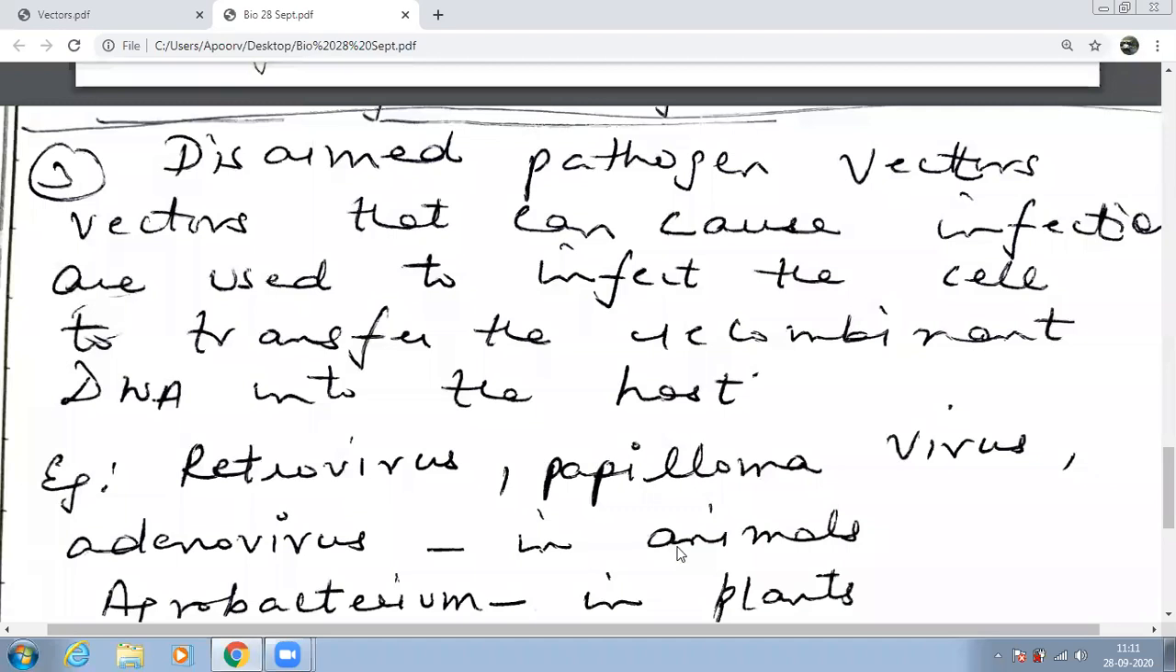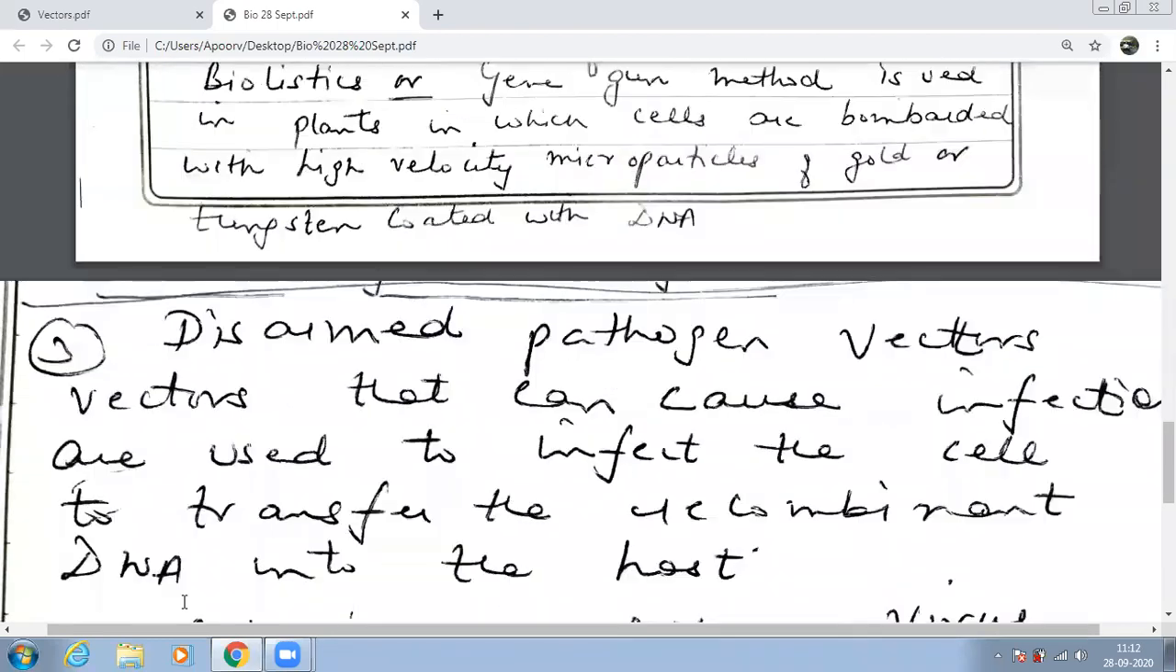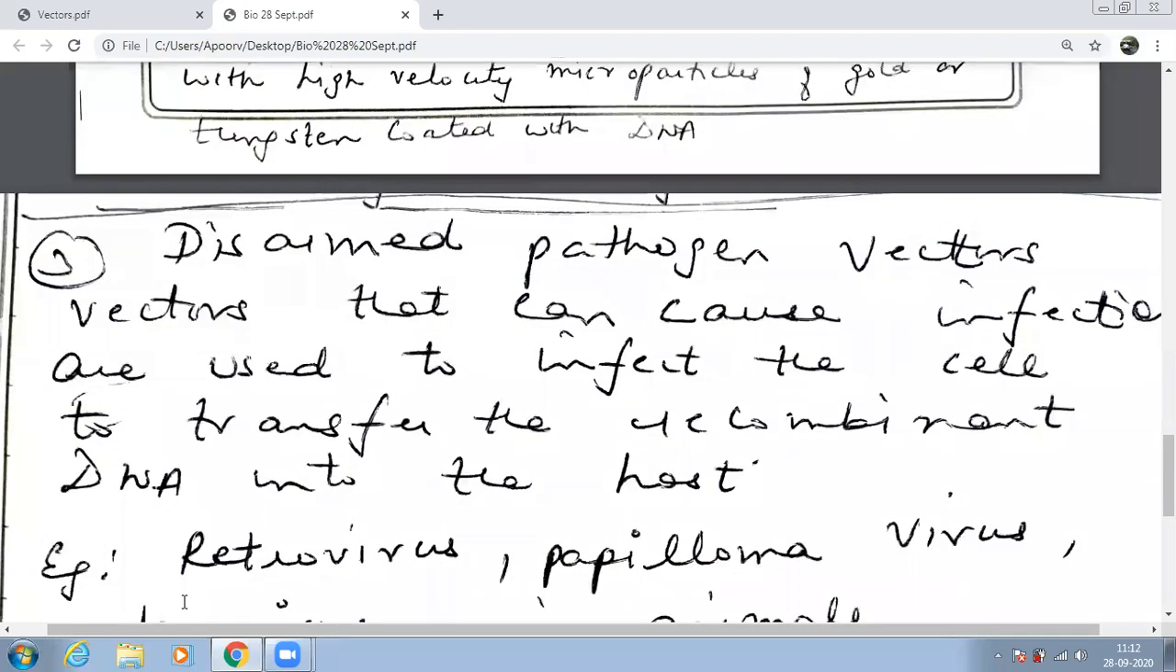They are used in animals, and in plants it is which one? Agrobacterium. Let me explain the last one to you. Disarmed pathogen vector method. In this